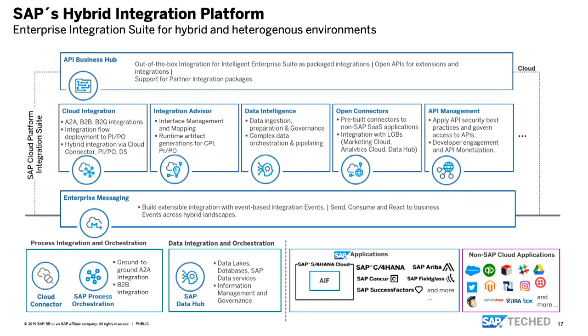So it starts with our process integration and orchestration solution. It complements, you have Cloud Connector, which can be installed on-prem or in your private cloud environments, which allows you to connect between the cloud and on-premise. Or we have comprehensive data integration tools, all centered around the SAP Data Hub, ETL tools, data pipelining tools that are available for you. We have an embedded integration framework, AIF, Application Integration Framework, embedded into ABAP, embedded into S/4HANA